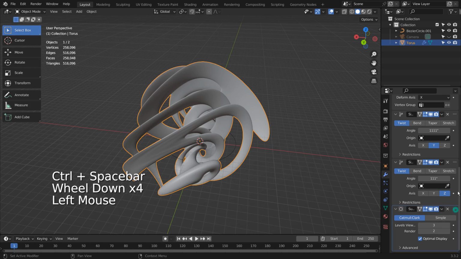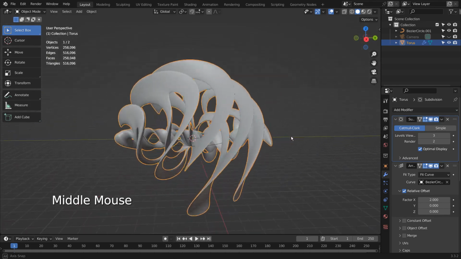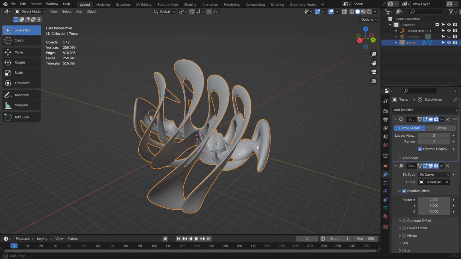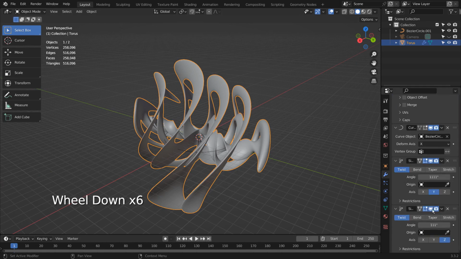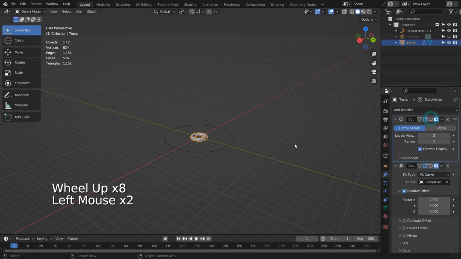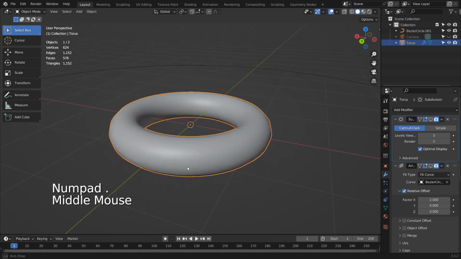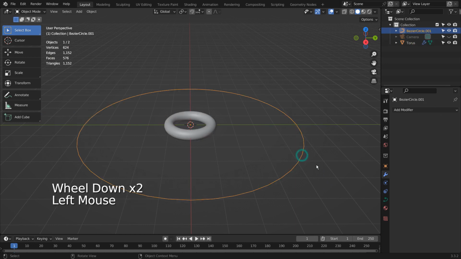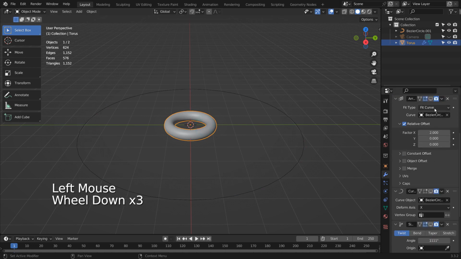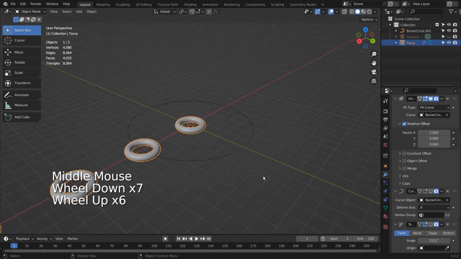The subsurf modifier can be moved to the top of the modifiers list. Once we apply the curve modifier, the mesh will look like this.